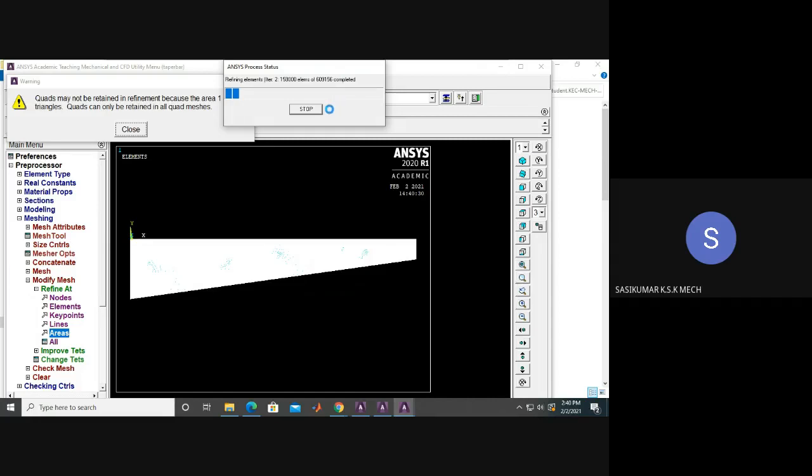So this is not required. I think this is beyond the capability of our server. So it may become an error.